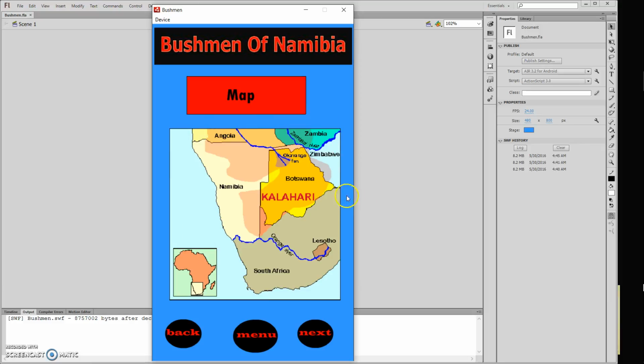This is the southern part of Africa. This page cannot be accessed directly from the menu page because we do not have a button for this. You access it through the history by clicking next. However, you can still go back to the menu by clicking on this one or this one. So we are going to click next,